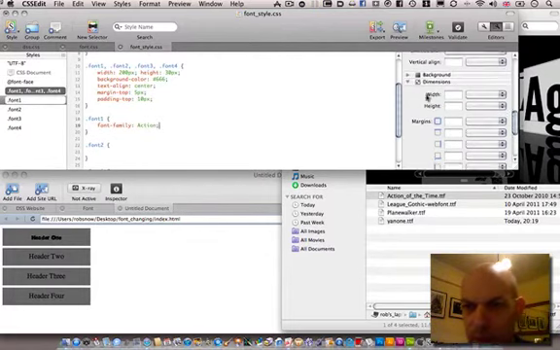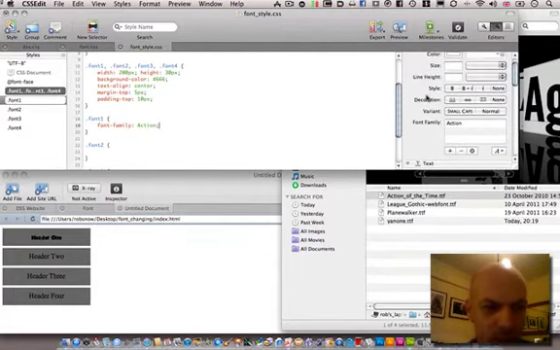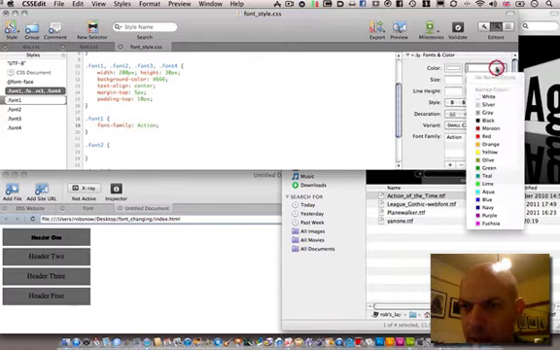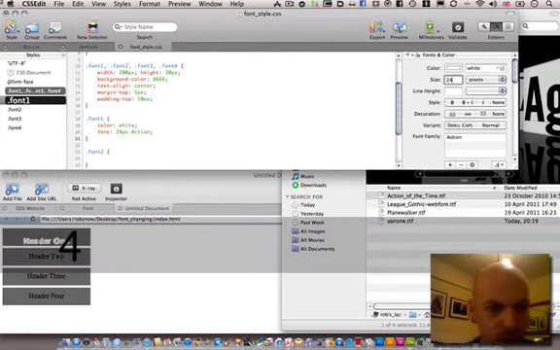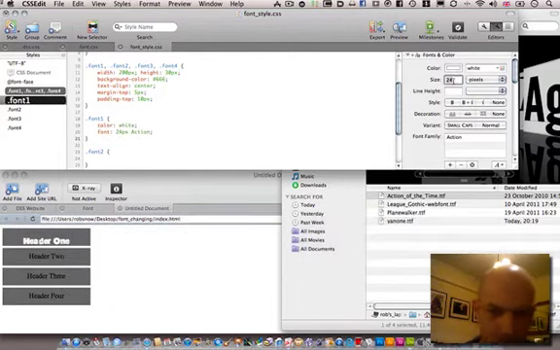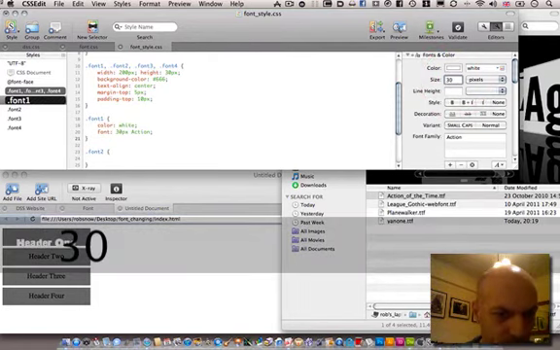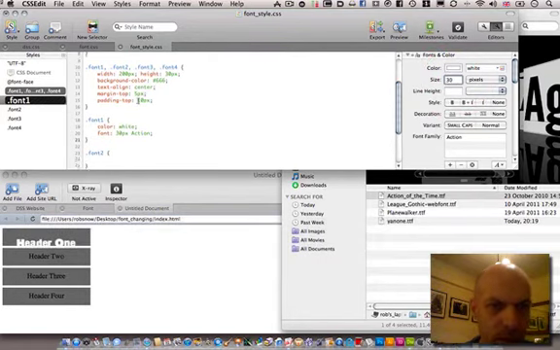Okay, I put in action. I'm going to add some other little features to make it look better, because you don't want it black against grey. I'm going to make it white. You can put 24, for instance, which makes it a little bit bigger. I'm going to make it 30. Yeah, but then I'm going to have to drop down